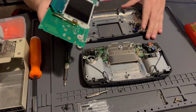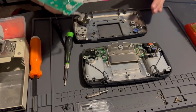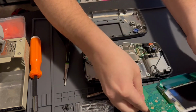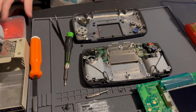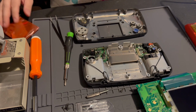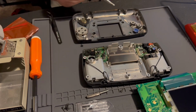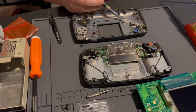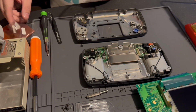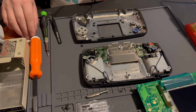Alright, so you're going to lift your Game Gear circuit board out. I'm just going to set that aside, and then I think with the kit they're saying to cut this screw post in half, probably with like a Dremel or something. I'll probably use a Dremel because